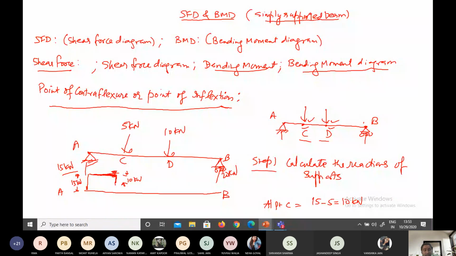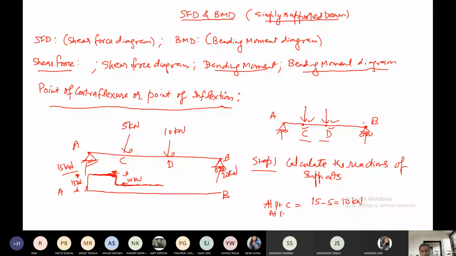Again, after this point there is nothing. The section of the beam is showing no load, so I will draw it again like that. At this point D, you can see here, again the force is here. At point D, this was 10. Let us say this value is not 10, let us say this value is 18. So this will be 10 minus 18. That will be how much? Minus 8. That means we have to make it go down by minus 8.